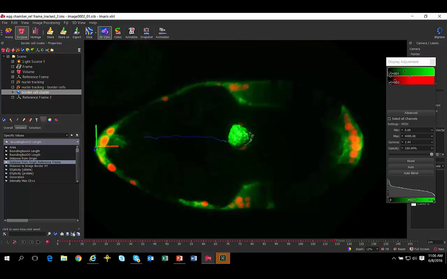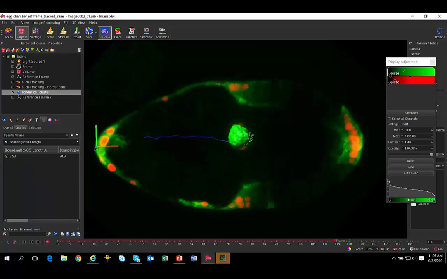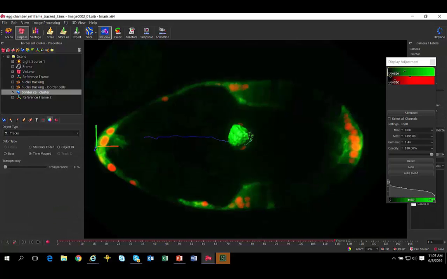So in this case, we now have distance from origin of the reference frame as well as the dataset origin, but we can now also give you tracking statistics that are based on that reference frame. So we have displacement as well as position and speed that will enable you to get that data based on your reference. So as an example, I'm going to use our color tab here to statistically color code the surfaces